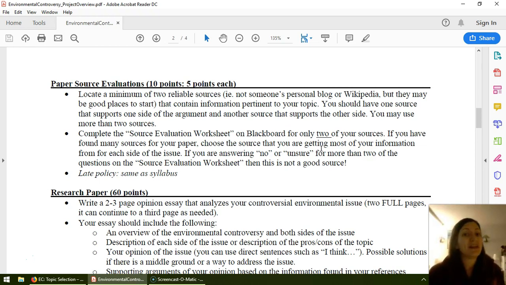Now, for this project, you need at least 2 sources of information, and they have to be reliable resources. They have to be reputable resources. If you get anything off of the MC Library's website, those will probably be just fine. But let's say you can't find what you're looking for. So maybe you're just doing a Google search. Essentially, what you're looking for is, does it have an author? Is it an author you know of or has credentials?